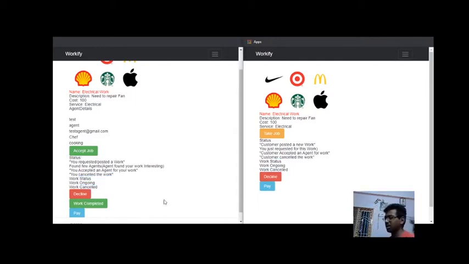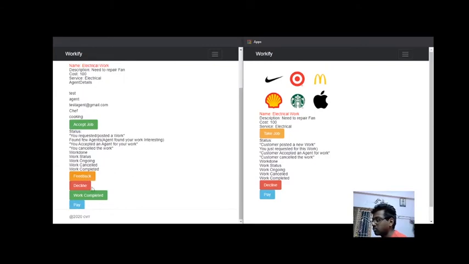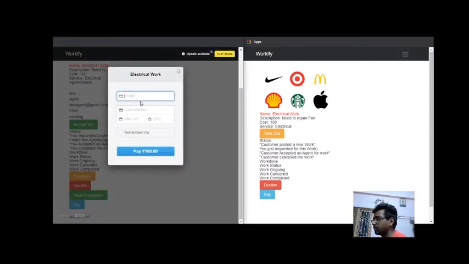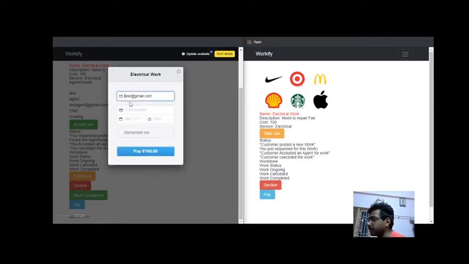So suppose the agent has come and he has completed. Now we will see he has completed. So the work has been completed. Everything is WebSockets, and we can see we have a feedback option also, and he can pay also. So let me enter an email ID, some test. This was cust, right? We are using Stripe for payments for now, and this is a test card. So you can't take my card.